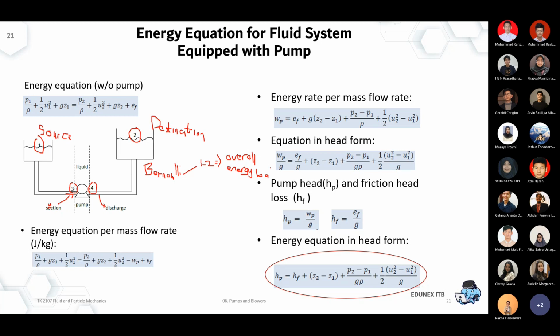And then another important Bernoulli to be applied is actually between 1 and 3. That's as well a very important Bernoulli sequence. So you compare the source and the suction. This is related to the NPSH calculation, how to prevent any cavitation. To prevent cavitation, we're not talking about the destination. It's just ensuring that the liquid entering the pump at point 3 has to be completely liquid. We want to avoid vapor at all costs, not at the source point, but more importantly at the suction point of the pump. Okay.